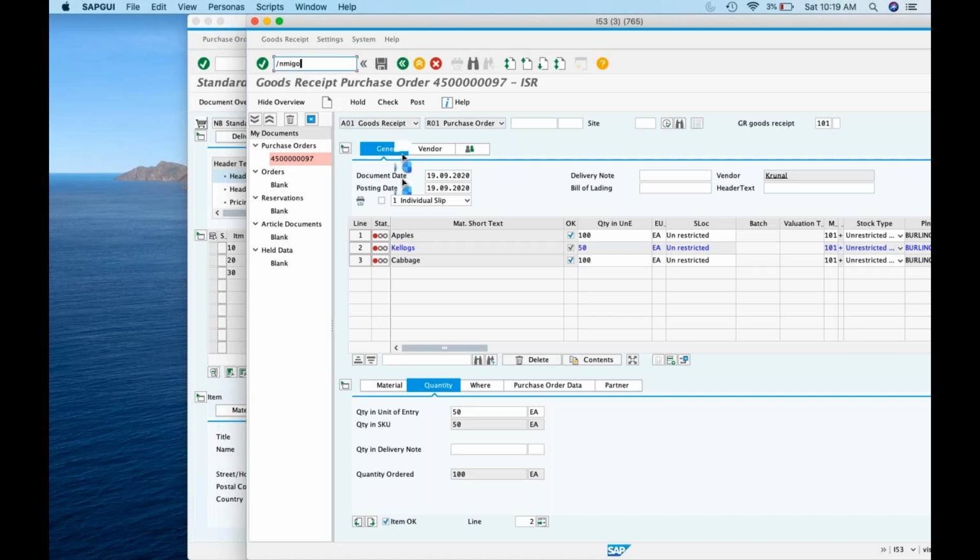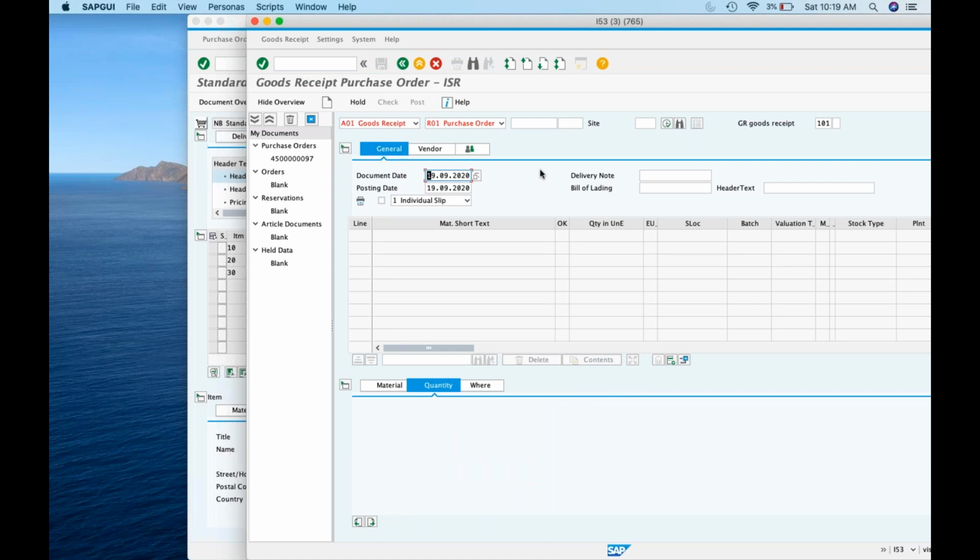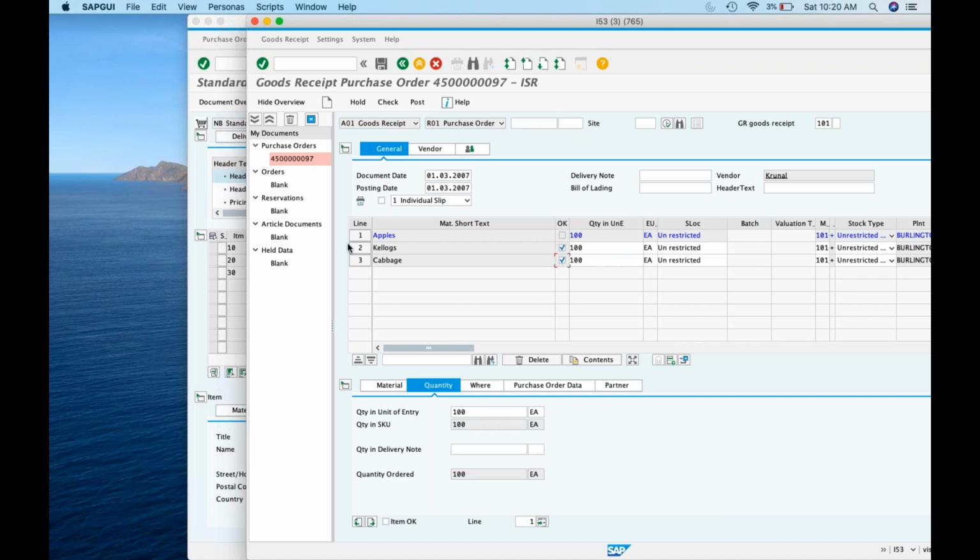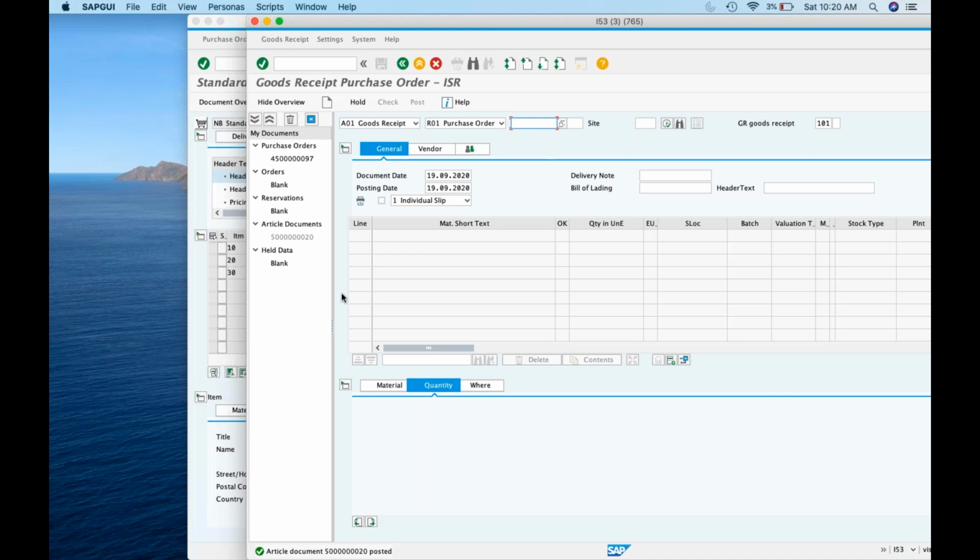God, this is the problem with the system. Now post the first transaction. Finally posted here.